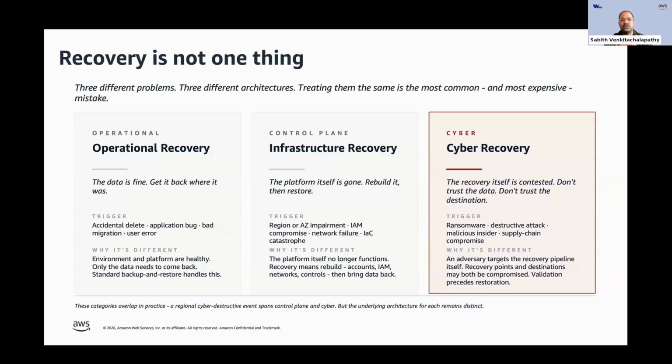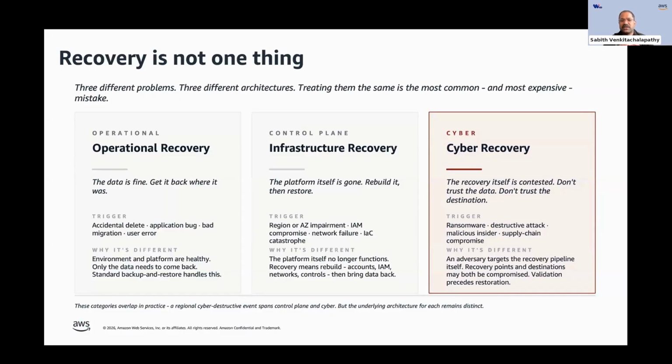So any backups that you would use for operational recovery would ideally be different from an infrastructure recovery, which generally refers to a region becoming unavailable and all those things. But the third and most misunderstood category is the cyber recovery aspect of it, which is something that has been getting popular of late. In the operational recovery aspect, we generally talk about anything that is non-malicious in nature, like simple fat finger errors, accidentally deleting a data file, accidentally deleting a table. You would then be able to find a particular backup and try to do a recovery. That's generally operational in nature.